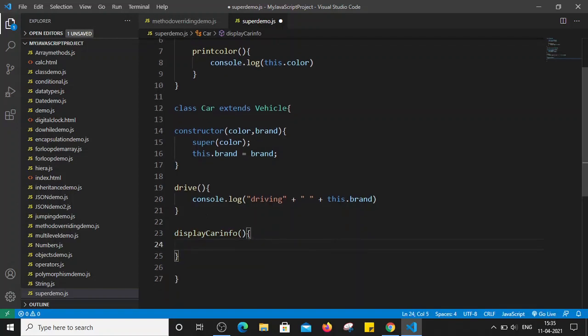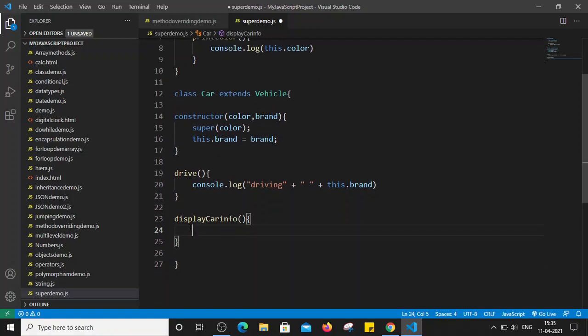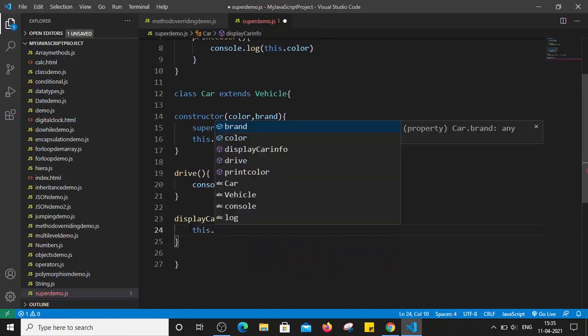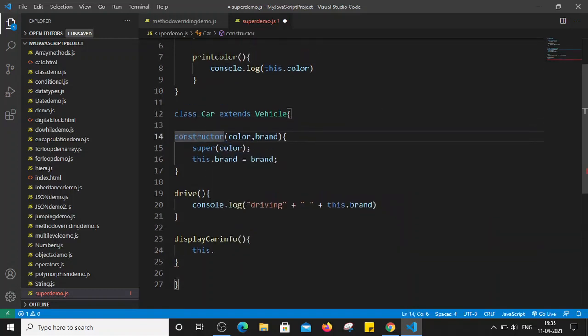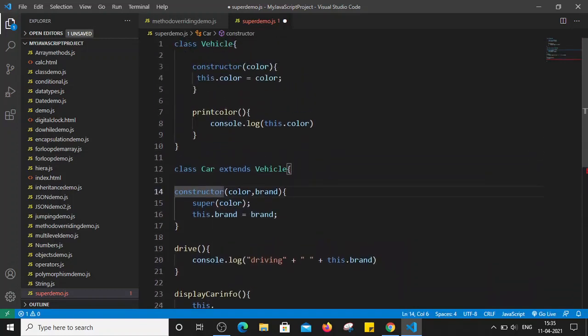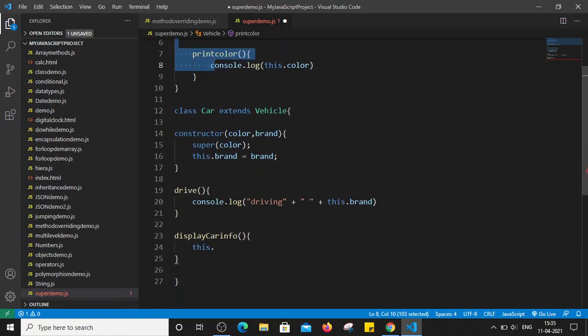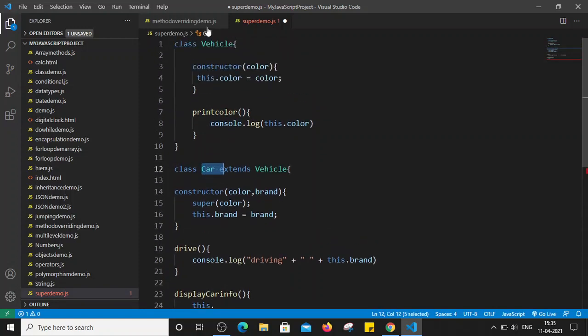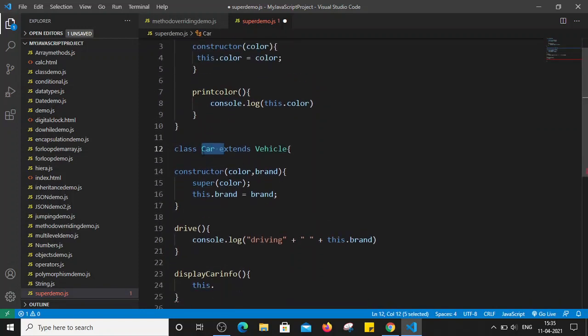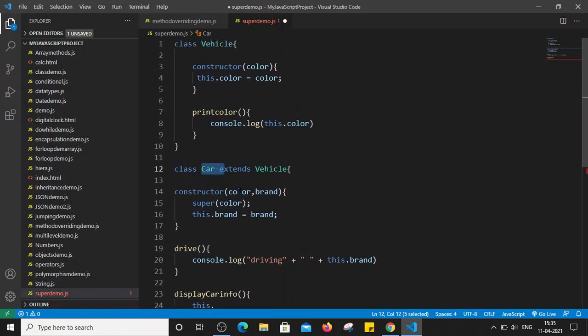So from the displayCarInfo method, which is present in the Car class, we are going to call this.printColor method. So the printColor method is present in which class? That is present in class Vehicle, right? But we can access that printColor method from class Car as well, because the Car class is a child class of the Vehicle class, and we know that the child class can access the properties and methods of the parent class, right?